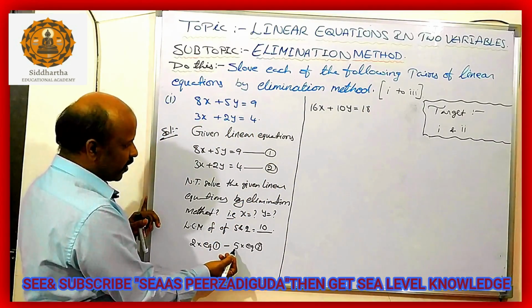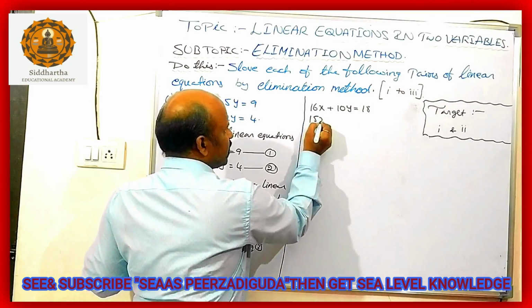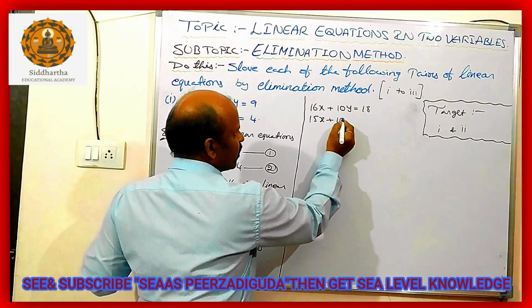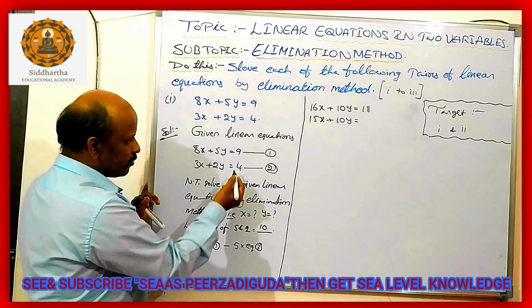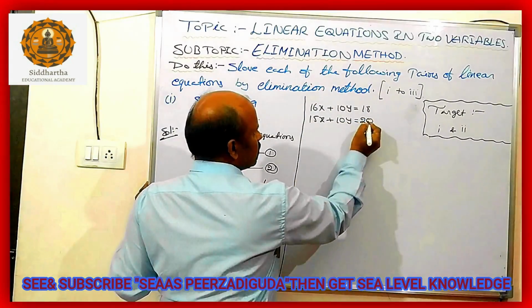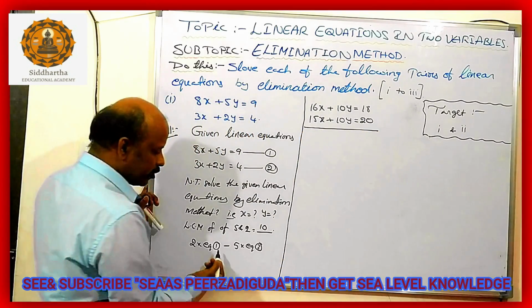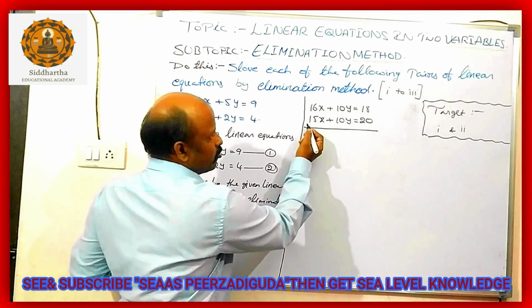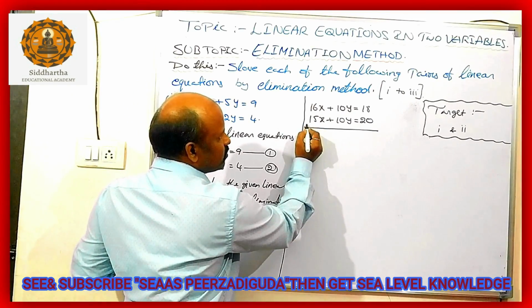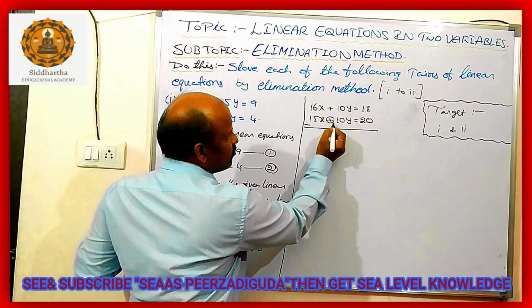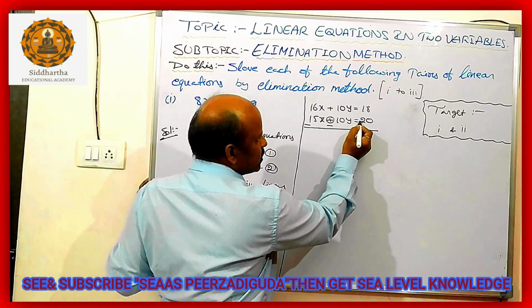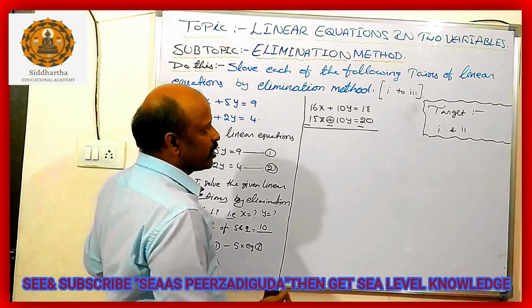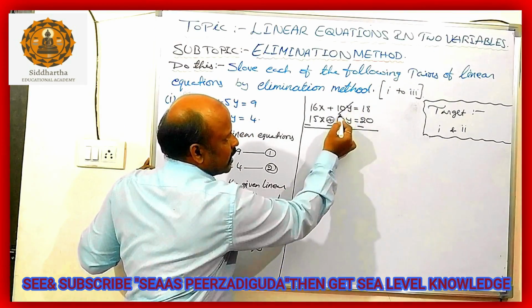Next, equation number 2: 5 into 3x, 15x plus 5 into 2, 5 2s are 10y is equal to 5 into 4, 5 4s are 20. This one, what I am going to do over here? I am going to do subtraction. Whenever we do subtraction, the symbols we are going to change. Before 15, nothing is there, it is plus; plus means minus. Before 20, nothing is there, plus symbol; plus symbol means minus. So when we are doing subtraction, plus 10y minus 10y gets cancelled over here.